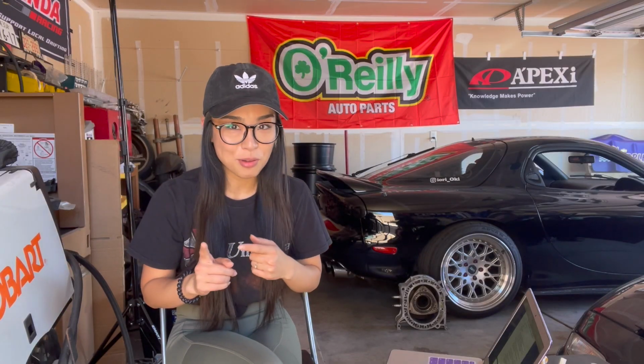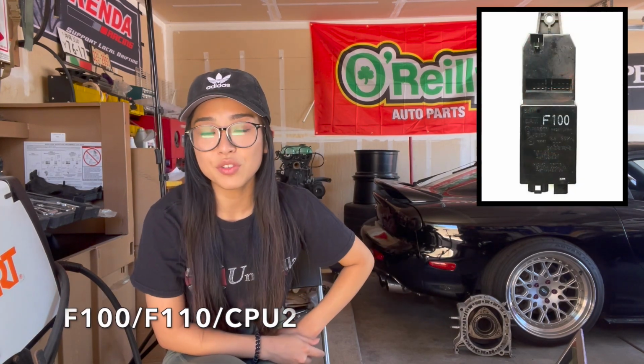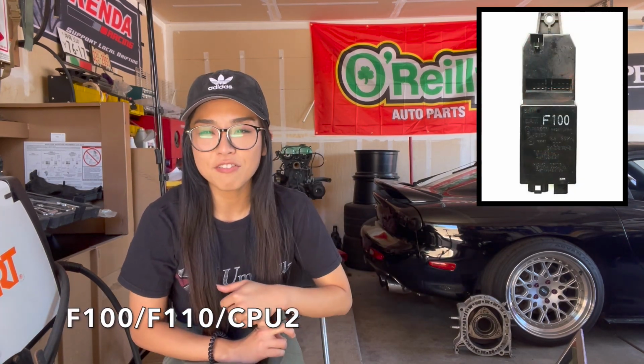When it comes to rotary engines, a lot of people will probably think that it's not reliable. Yes, it's not really reliable. You can make it reliable, but you have to do a lot of work. It can be reliable, but you have to do certain things to make it as reliable as the piston engines, if that makes sense. First thing I will talk about is the F100 fuse or the F110 fuse for the